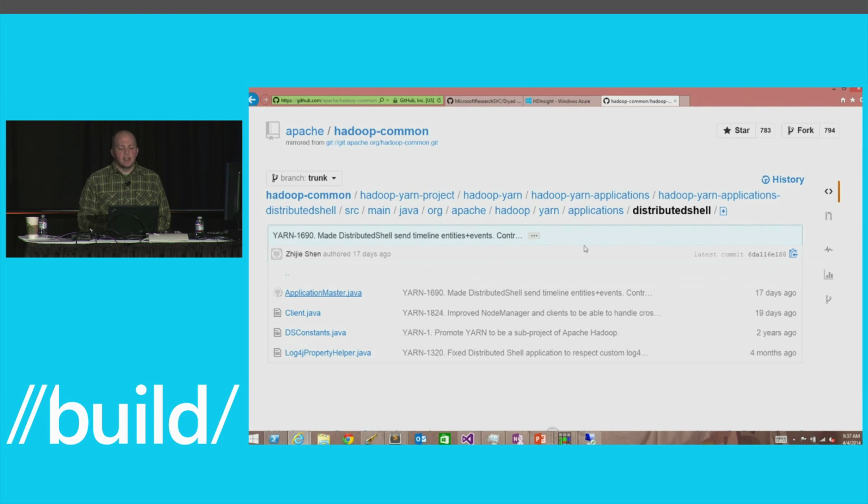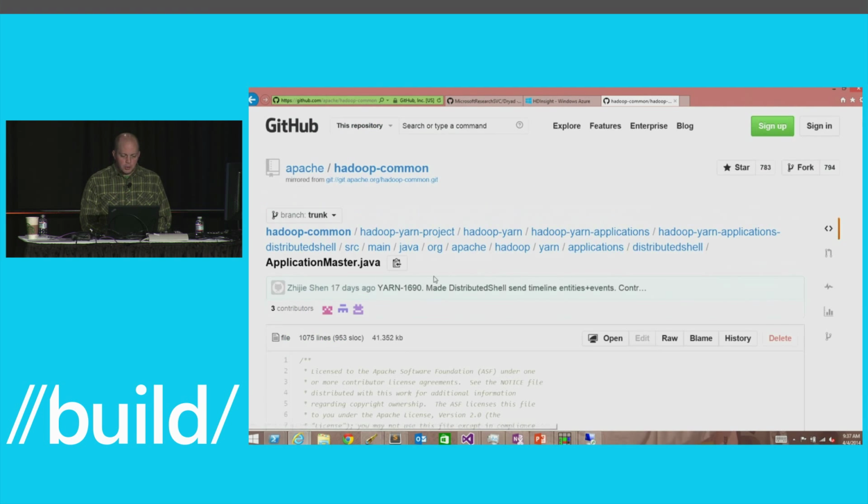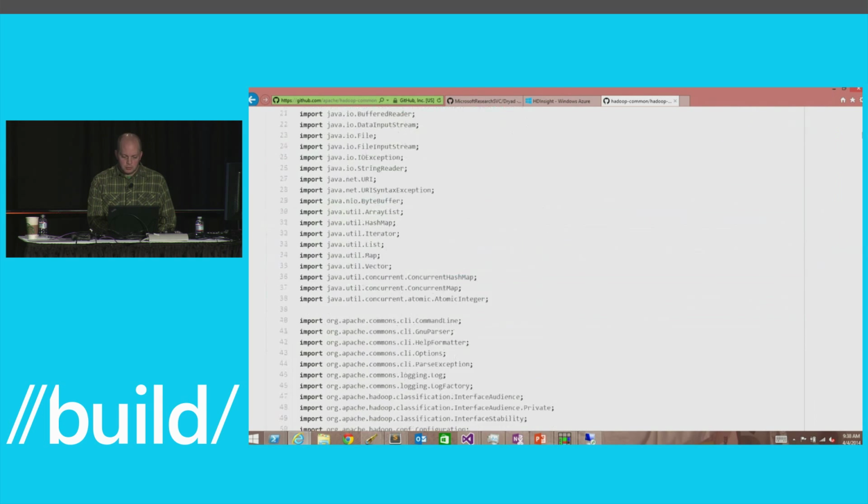So this is a great sample in that it's pretty verbose and it walks through everything in great detail. It's got really good comments. The downside is all we're doing here is spinning up and running a shell script on every machine. And the app master here has about 1,000 lines of code. So this is a pretty low-level programming experience. And if you were to just scroll through here,